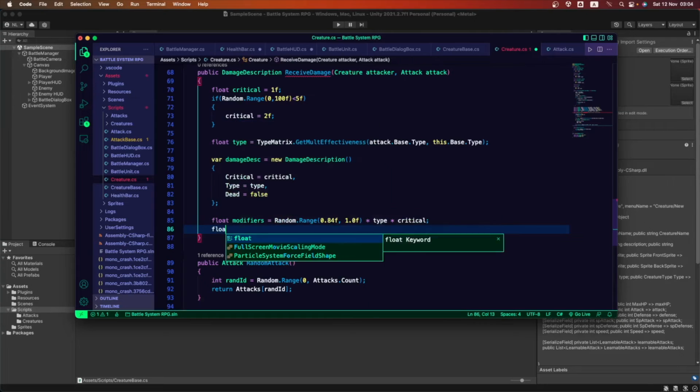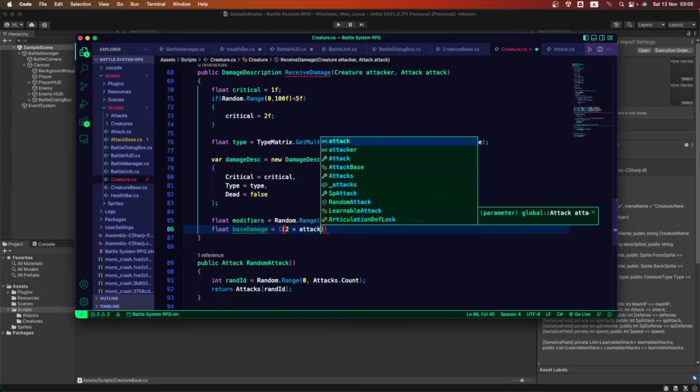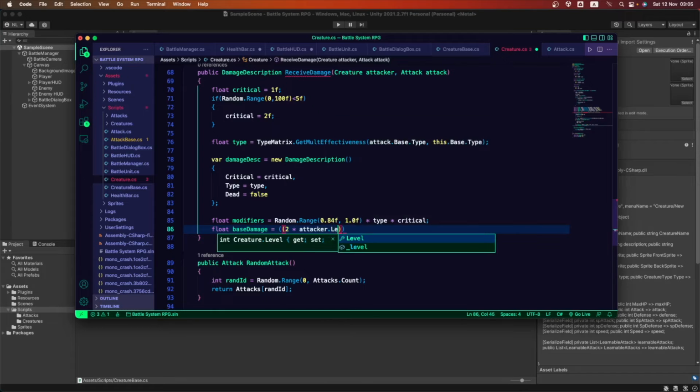Second part, this is gonna be float also. This is gonna be called the baseDamage. This is gonna be equal to, and let's open up here, double parenthesis. This is gonna be 2 times attacker.level. So we want to get the level from the attacker.